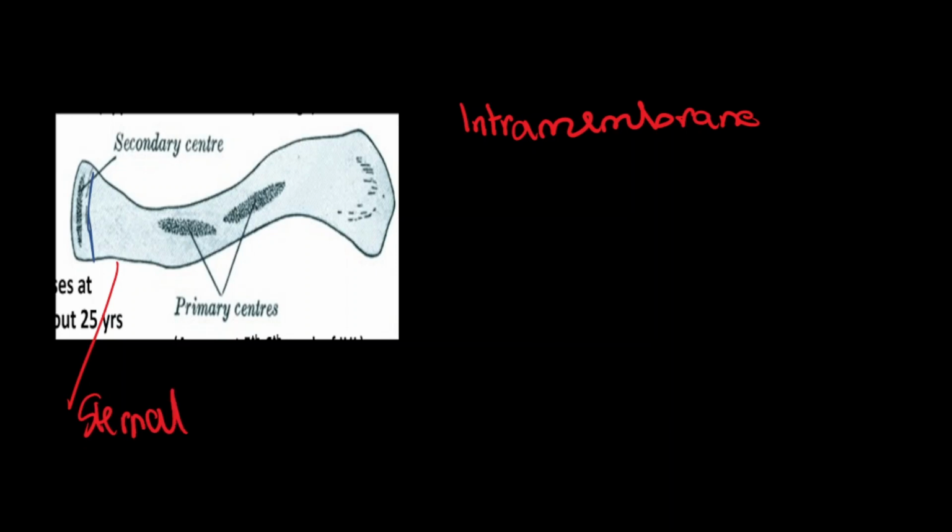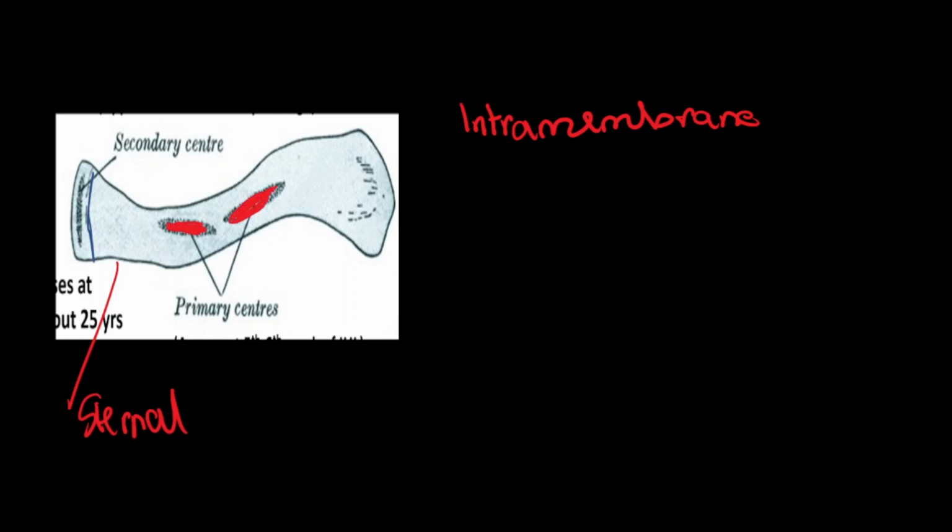Taking a look at the ossification of the clavicle, as stated earlier, the clavicle exhibits intramembranous ossification, and it has two primary ossification centers and one secondary ossification center at the sternal end. Okay, so the secondary ossification center is at the sternal end. Now the two primary ossification centers that we have here